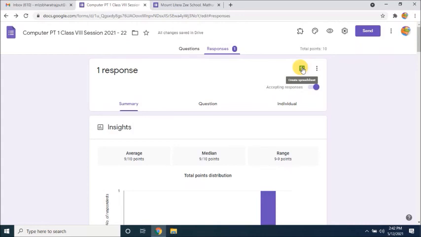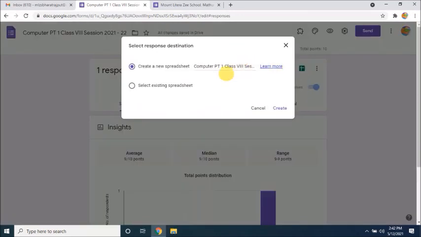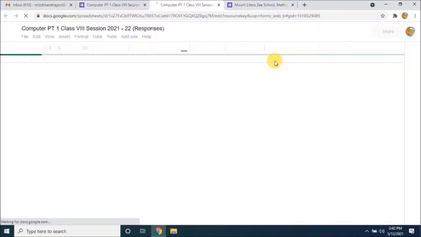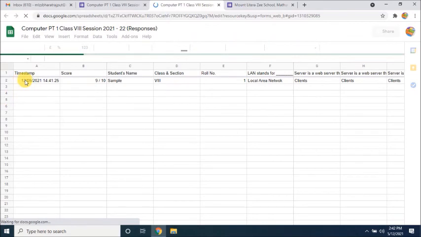Sorry for that. This is the CSV file. You have to click here. It just generates the result here. Let's see the result of your students. How many students have got the exact marks here. Timestamp, current date, scoring out of 9, student name, class and section, and the answers are there.